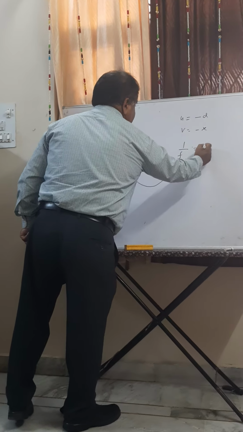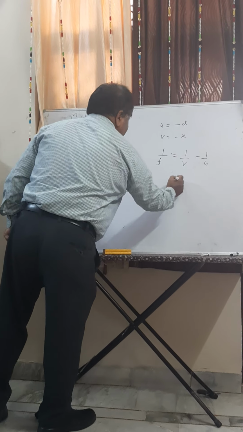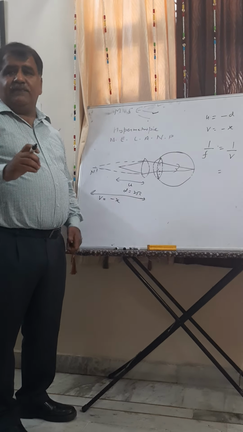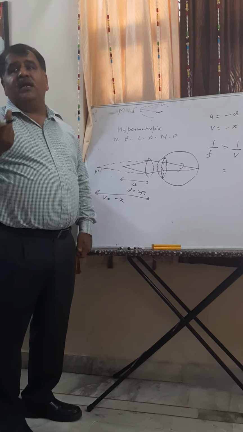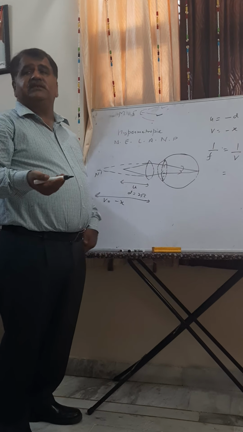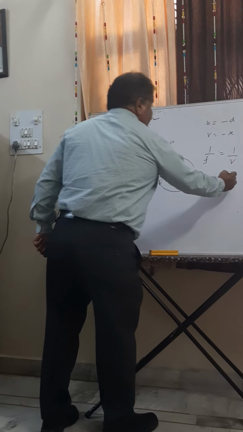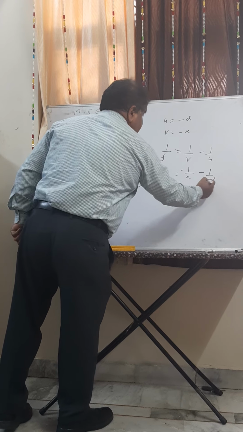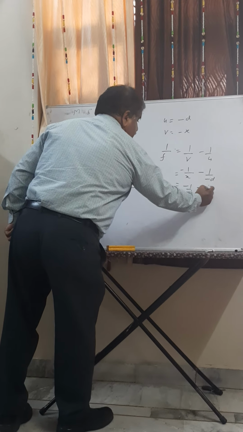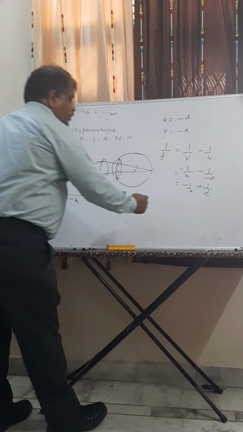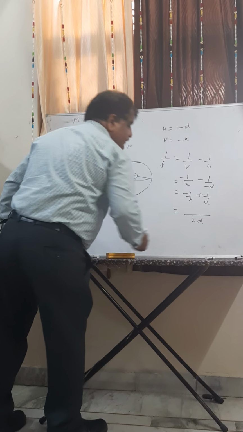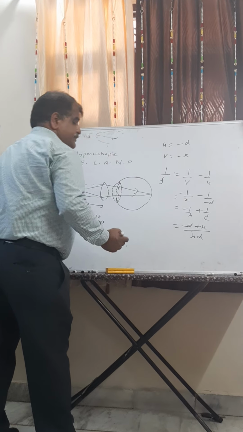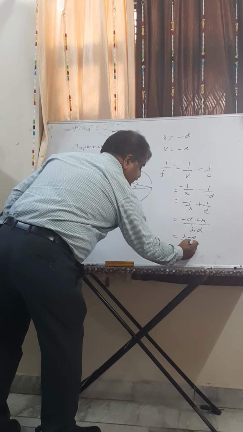So when I take it with the help of the lens formula, always remember U is the target and V is the defective near point in case of hypermetropia, and in case of myopia it is the defective far point. So 1 upon V means 1 upon minus X. Minus minus sign, this becomes plus. I will make it plus in the next step. 1 upon D. So when we take the LCM, this will become XD, minus D plus X. So I can write it as X minus D upon XD.